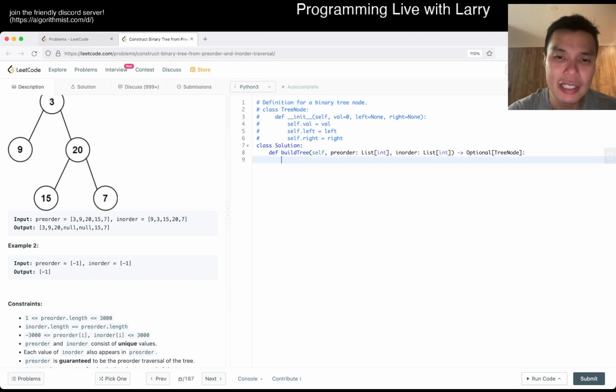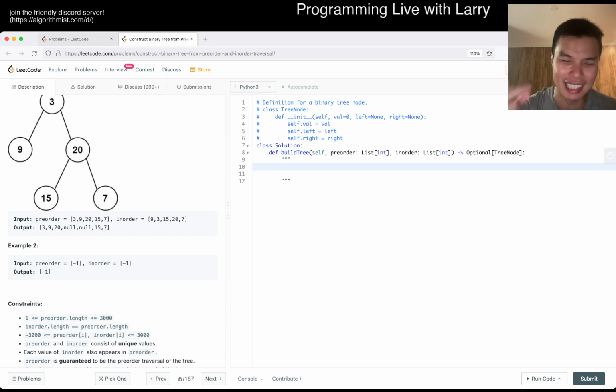Okay, so the idea here, and I'm not gonna lie, it took me a lot of practice to really understand how to do this one. I keep understanding components, but then I had trouble putting everything together. But the idea is that inorder is left, root, right, and then preorder is root, left, right. So here we know that the first element